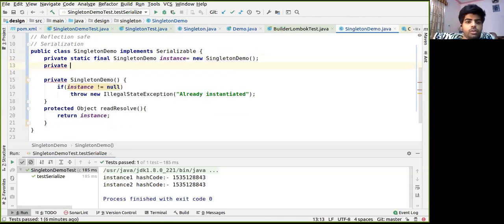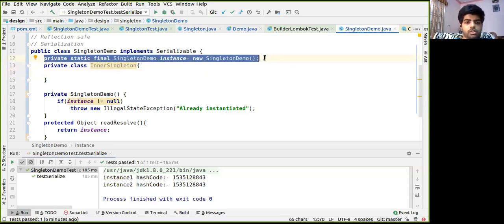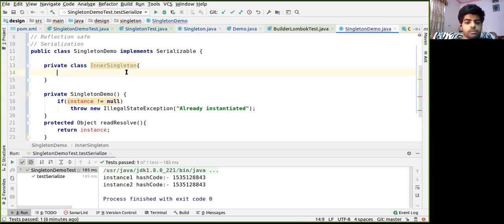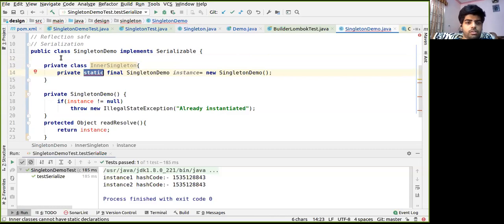Okay, so we'll make an inner singleton class, and instead of using it here, we'll use it inside the class.